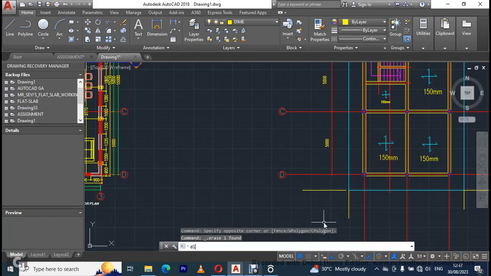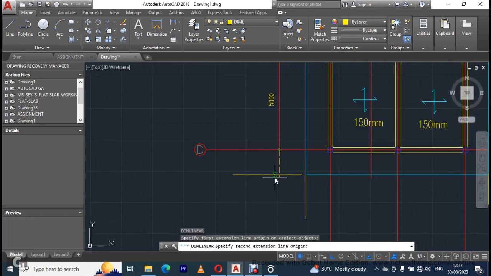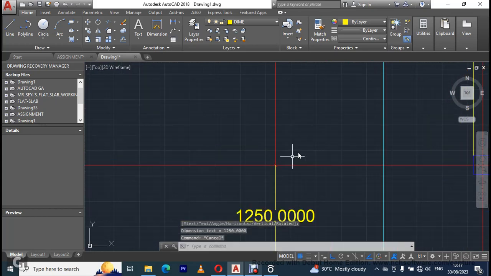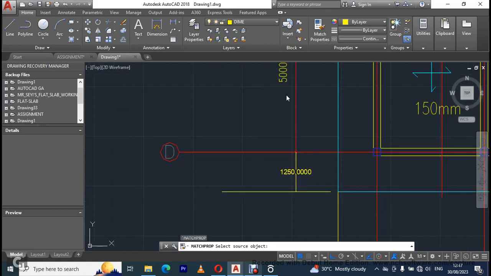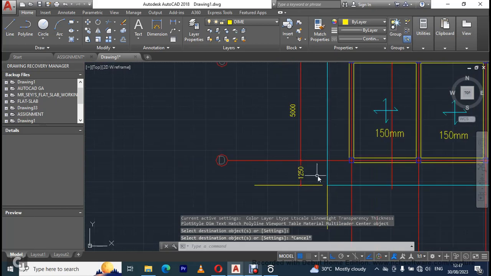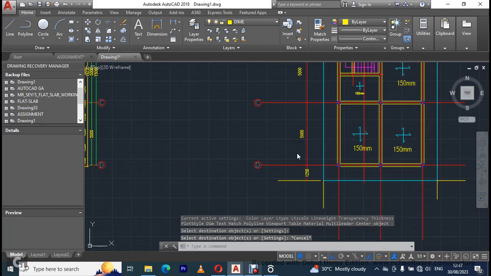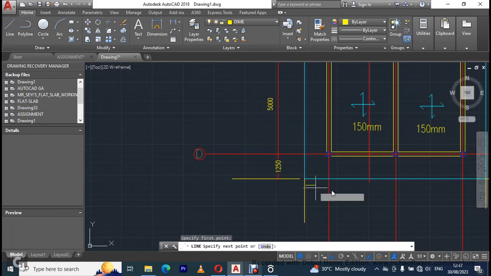So now DLI once more, come over to this point, to this point. So, and match props, place it there, place it there. So I'm going to do the same thing here too. So let me just